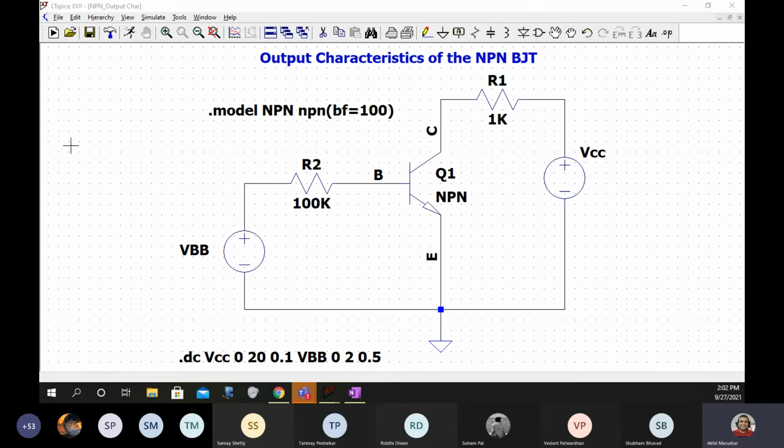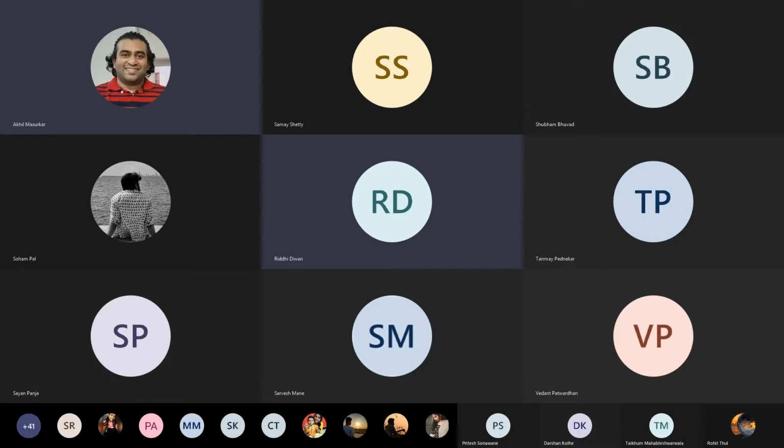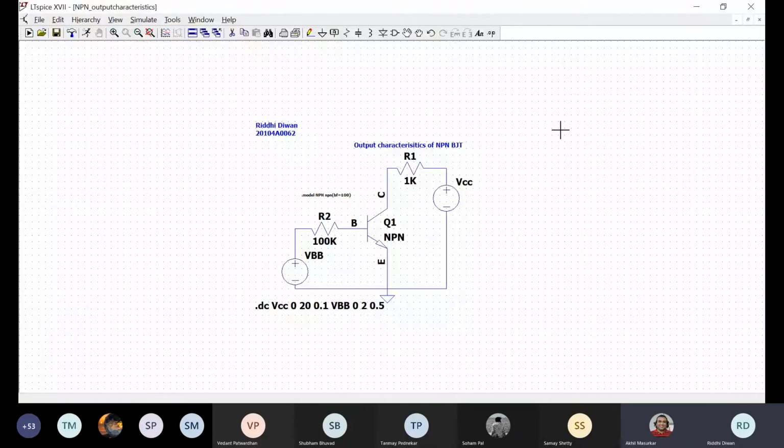Okay. Now, have you closed the graph? Yes, sir. Now, Riddhi, you share your screen. Okay, sir. Sir, can you see my screen?